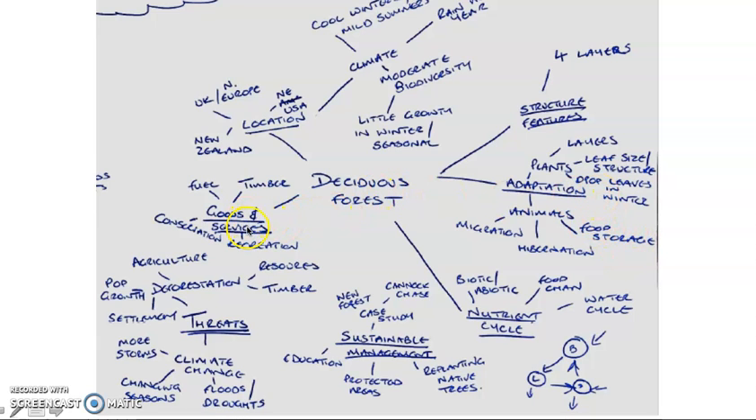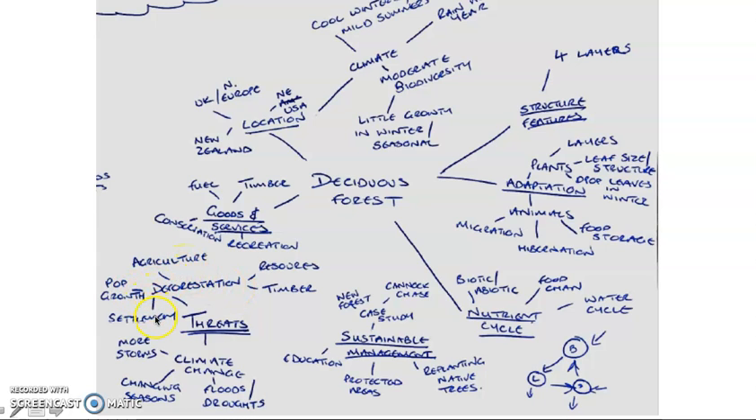Now the goods and services are very, very similar. Again, timber, fuel, but also conservation. Because we're a wealthier nation, we tend to be more concerned about looking after these resources rather than just exploiting them. The threat, deforestation. Now this occurred hundreds of years ago for agriculture, but there's still threats from things like